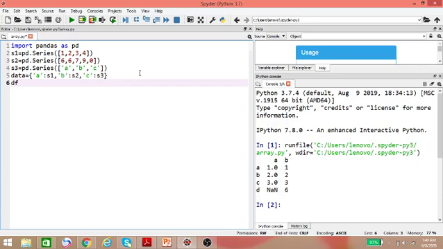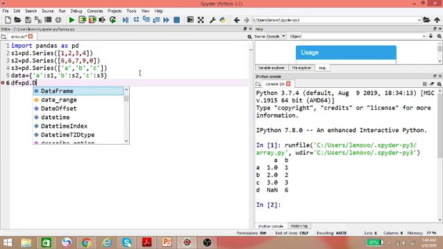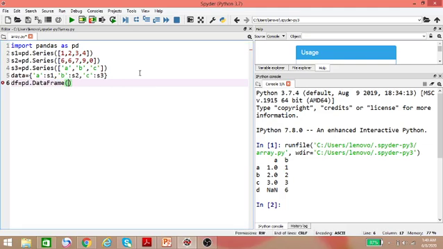Then I am creating a data frame object with name df. I am using the PD dot DataFrame function, and in this function I am just providing the dictionary data that I have already created above. Okay, and let's print it. Print df.